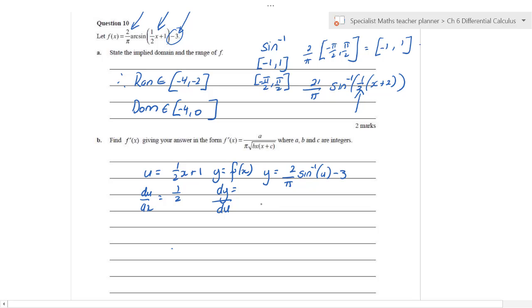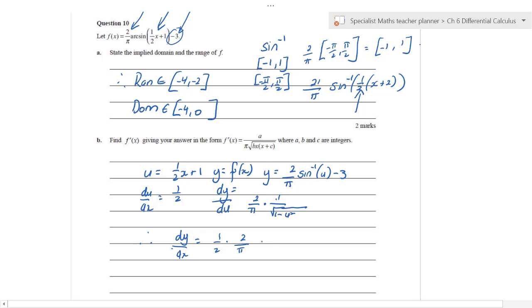So what does dy du equal? Well, that's going to equal 2 on pi, and straight off the formula sheet, because that is a u, we have 1 over the square root of 1 minus u squared. Now, what's the one for cos? What's the difference between inverse sine and inverse cos? It's a negative. Therefore, I'm going to say that dy dx is equal to a half times 2 on pi